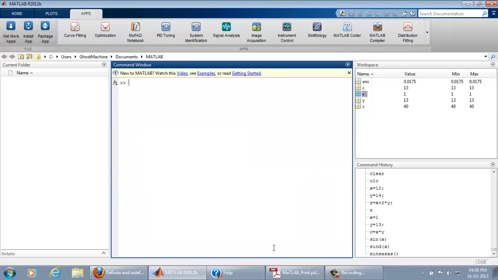Right click on this and your screen is cleared. And if you want to clear the variables, actually delete all the variables which you have been working on, you just type clear and all the variables here are deleted. Now we are working with a fresh workspace.